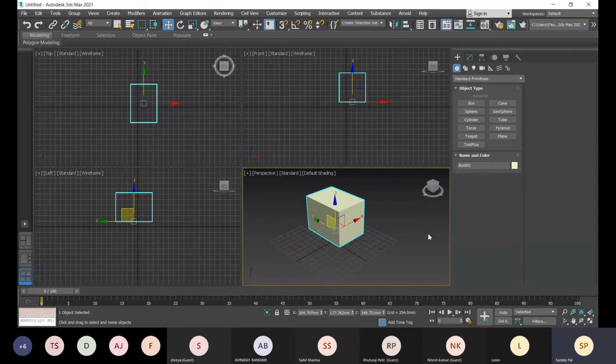Okay, to switch between axes, we have some shortcuts as well. For X, we have F5. Okay, F5 is the shortcut. And for Y, we have F6. For Z, we have F7.